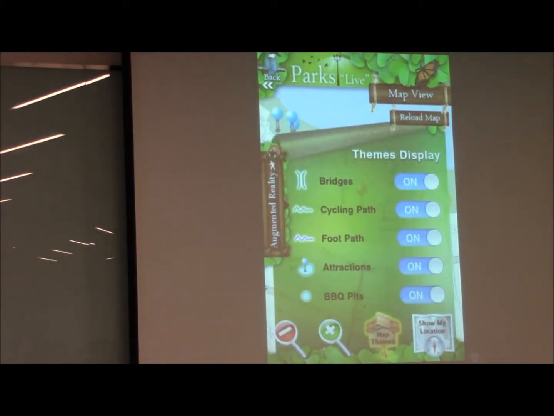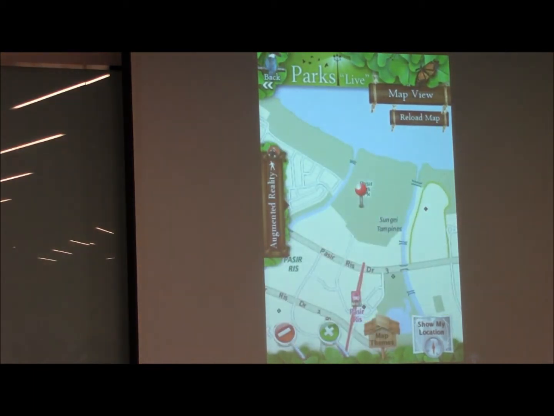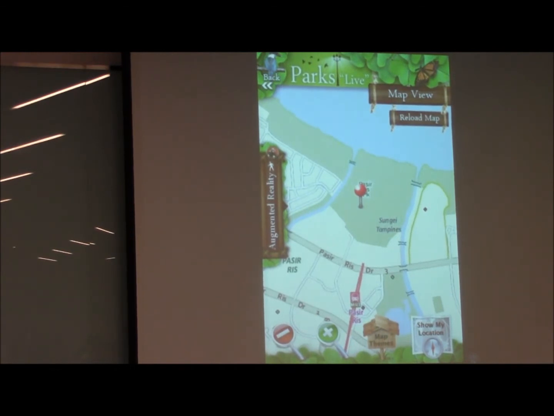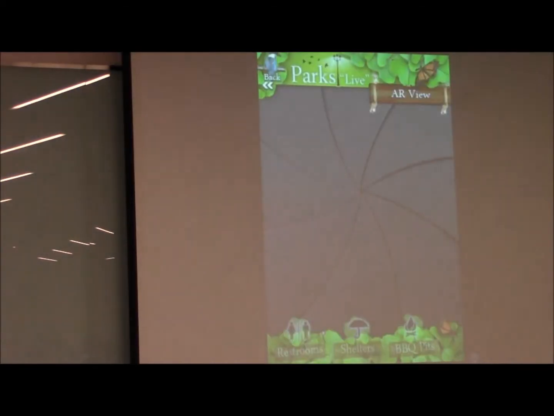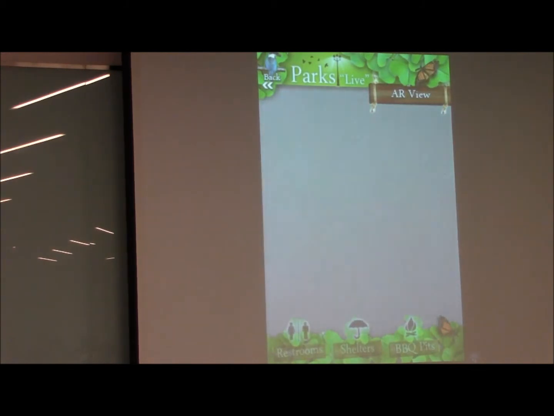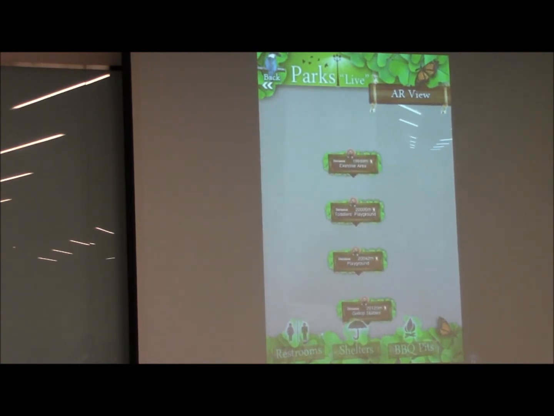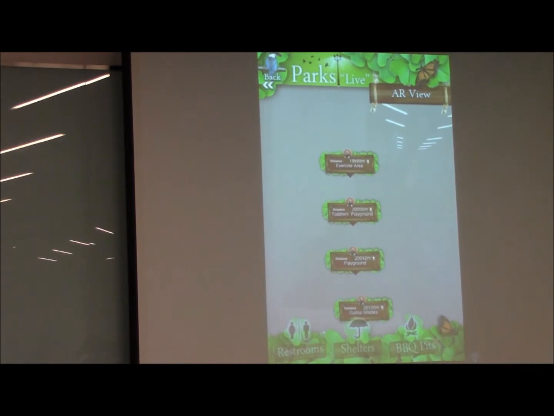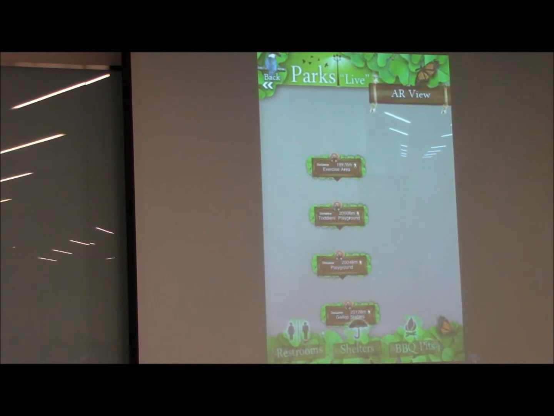It gives you some customization. For example, if you don't want to see the bridges, footpaths or whatever, you can just turn them off. We also developed at that point in time our own augmented reality feature. If I launch the app and move my camera in a certain direction, you will see that certain boxes appear here. This is how we use augmented reality to tell you that you are 20 kilometers away from the toddler's playground in this direction.